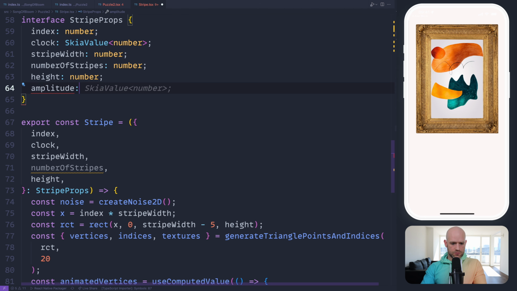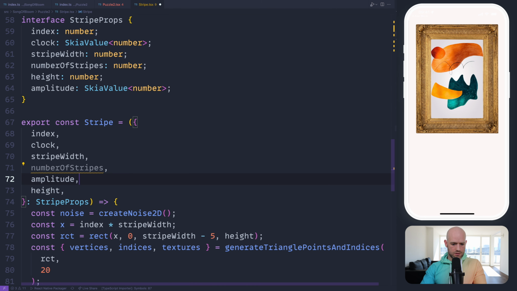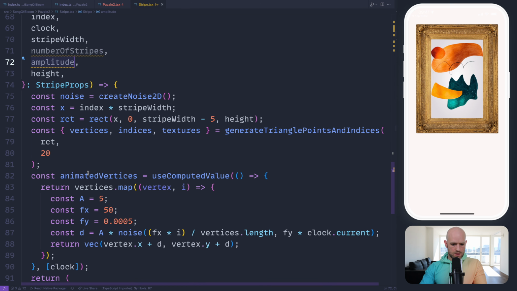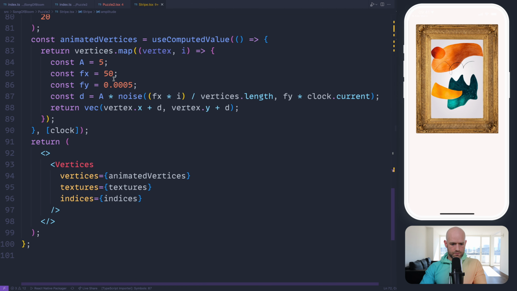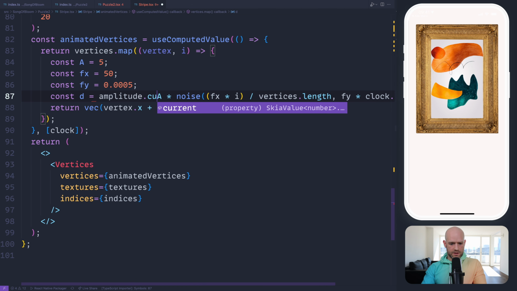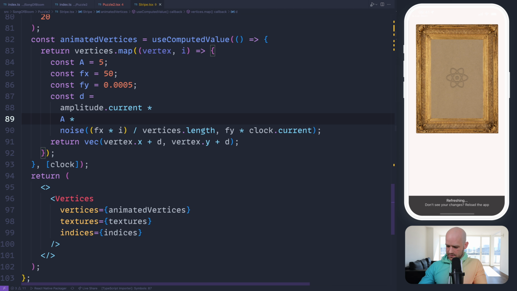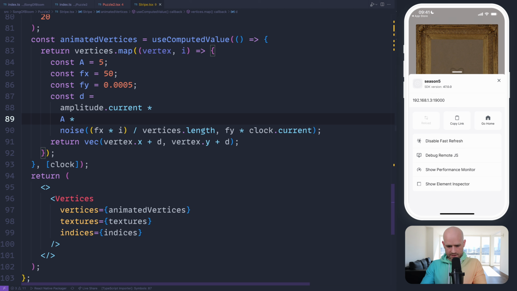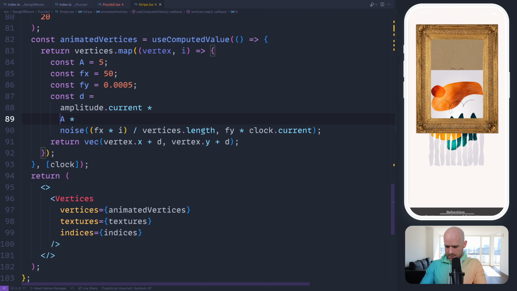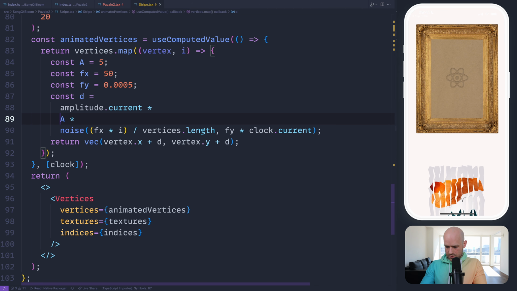So you can have amplitude is a skew value. And we can add amplitude.value.current. So let's see. I didn't see anything here. So if I drop, that was not really obvious.